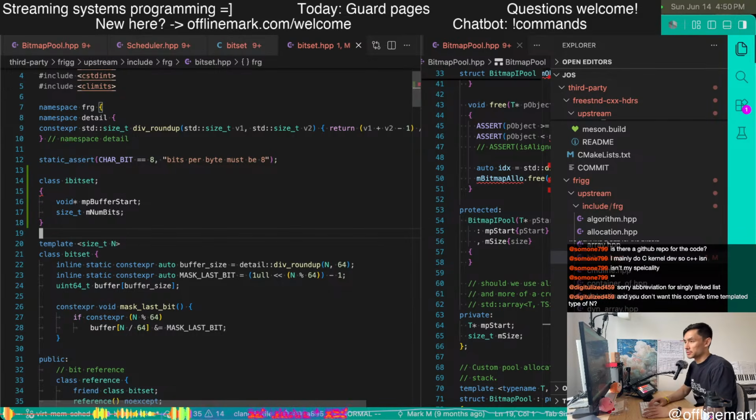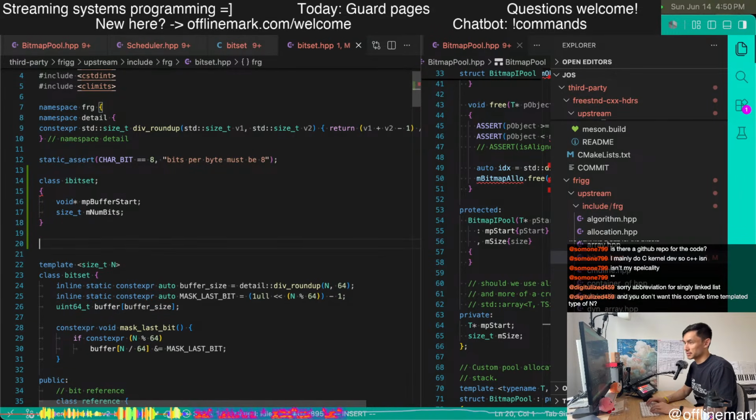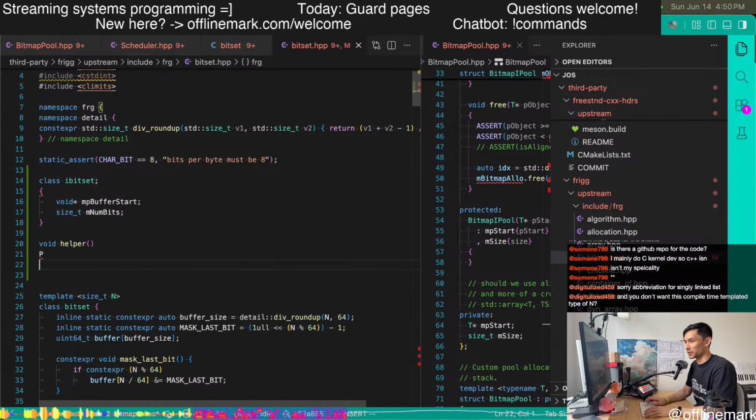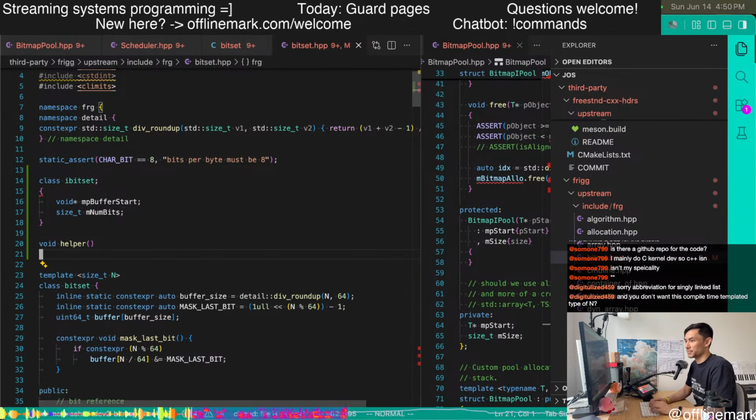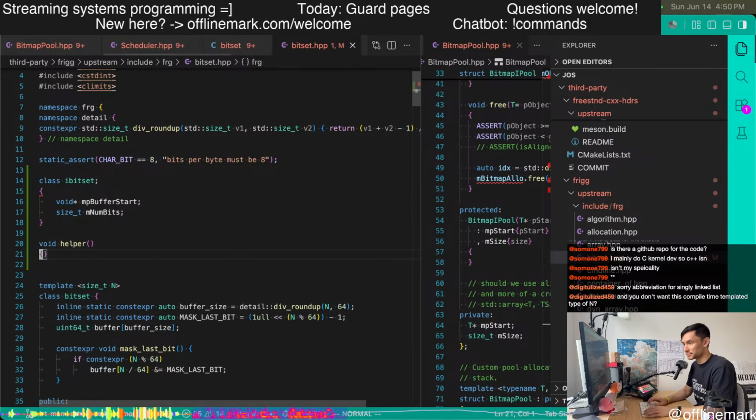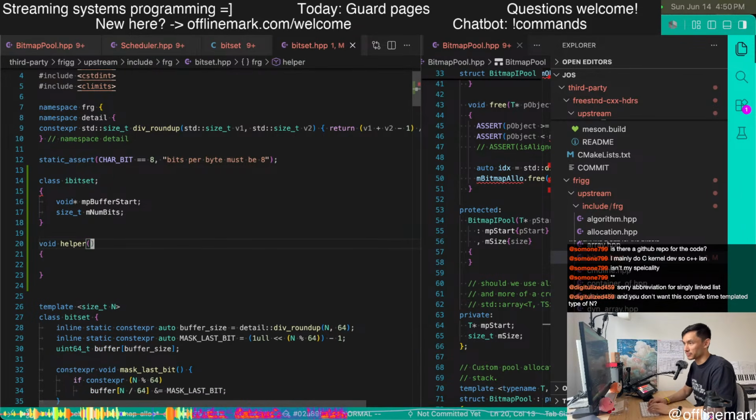The idea is to be able to write code that can operate on any kind of bit set that you pass to it. Let's just imagine we didn't have the IBitSet. We wanted to write a helper function that sets the 100th bit or something.